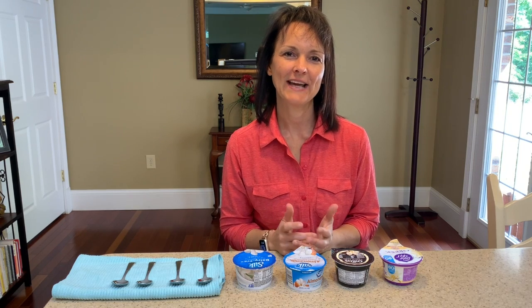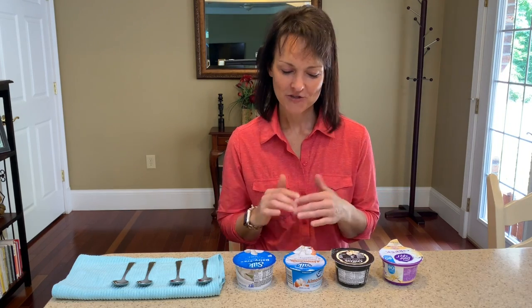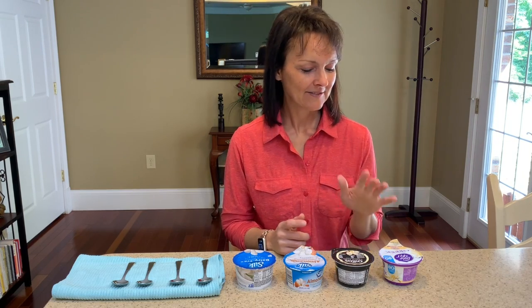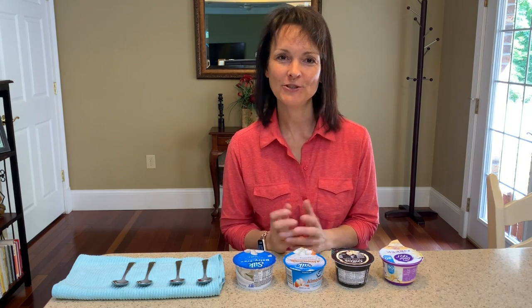I went to buy some yogurt the other day, and there are so many different ones to choose from. So I thought, why don't I take a few home, try them out and compare them and see what I think about them. So I'm just gonna share that with you today. I have a couple of them that have dairy and a couple of them that are dairy free. And I just wanna taste them, tell you a little bit about them so that you can make your decision